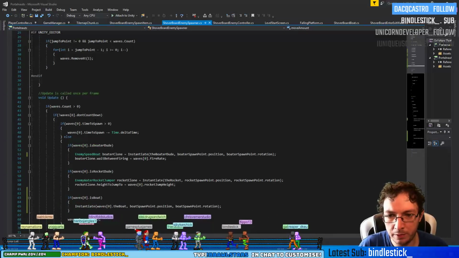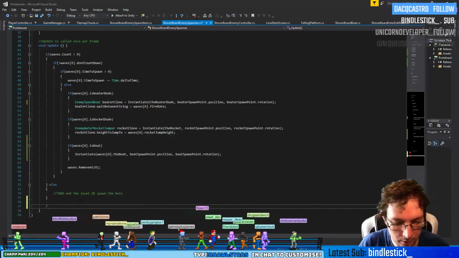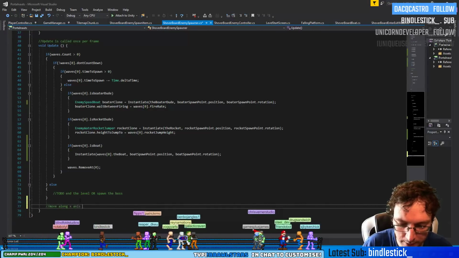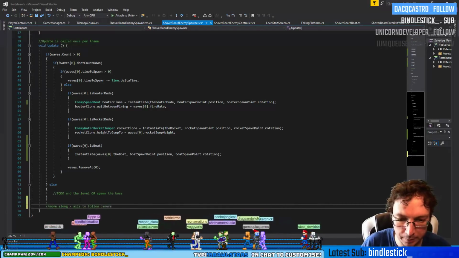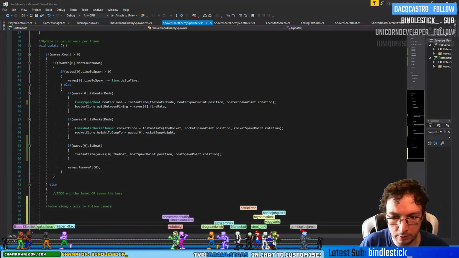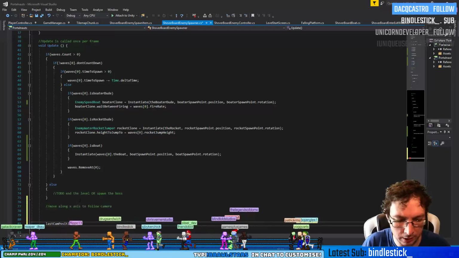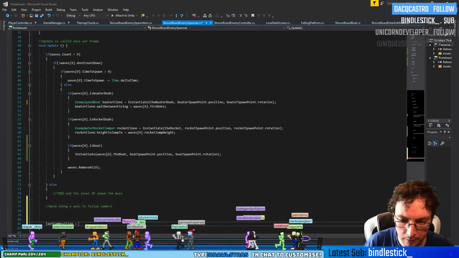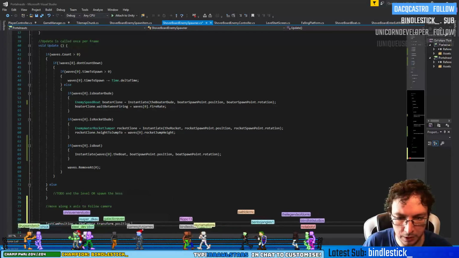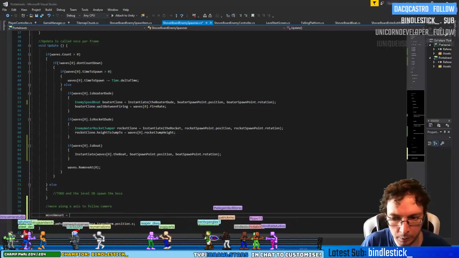Okay, so we got our move amount, and then so, move along X axis to follow camera. So at the end down here we'll say last cam position equals camera dot transform dot position dot x. So then move amount equals